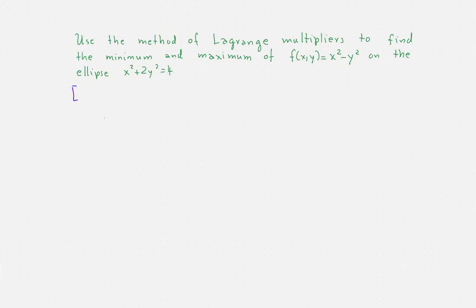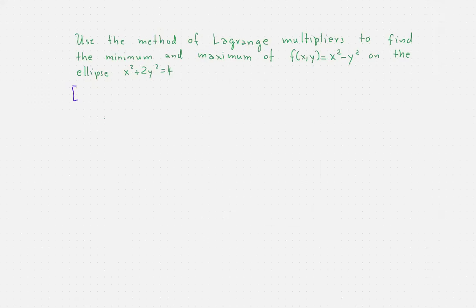So in this problem, we would like to use the method of Lagrange multipliers in order to find the minimum and the maximum of the function f of x y equals x squared minus y squared on the ellipse x squared plus 2y squared is equal to 4. So let's just note that in this setup, the method of Lagrange multipliers can be